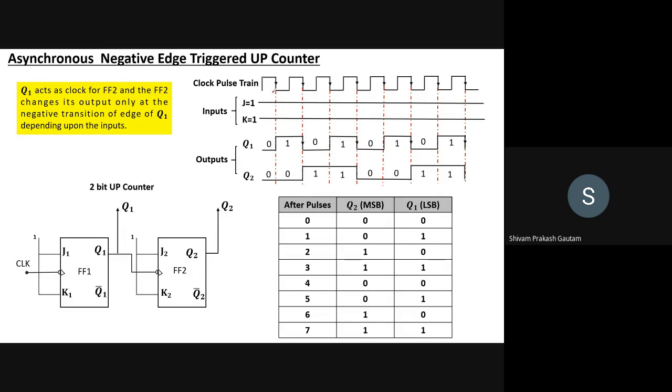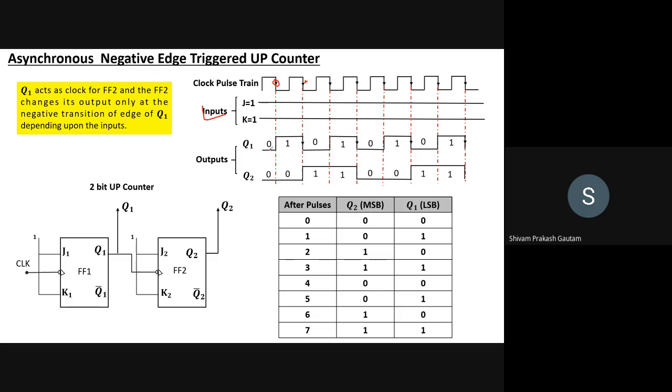Okay, so here you can see that inputs to both the flip-flops are 1. J and K is equal to 1, which is also given in the figure. Now let us focus first on Q1, right? And from the JK flip-flop, we know that if both the inputs are 1, then the flip-flop will work as a toggle flip-flop, right? It will work in a toggle mode. And we are assuming that initially Q1 and Q2 are 0. Since this is a negative edge trigger, we have to consider only the negative edges, right? It is shown by the dotted red line as well.